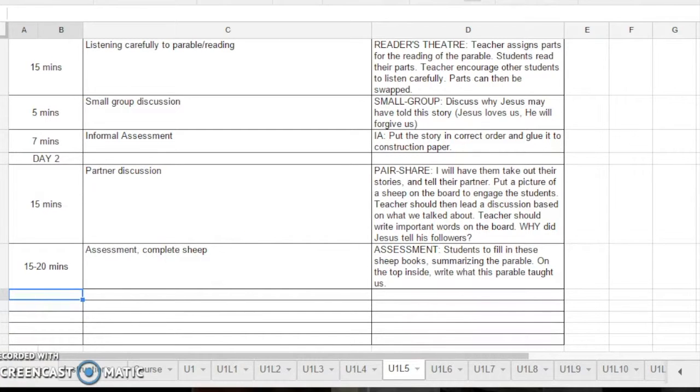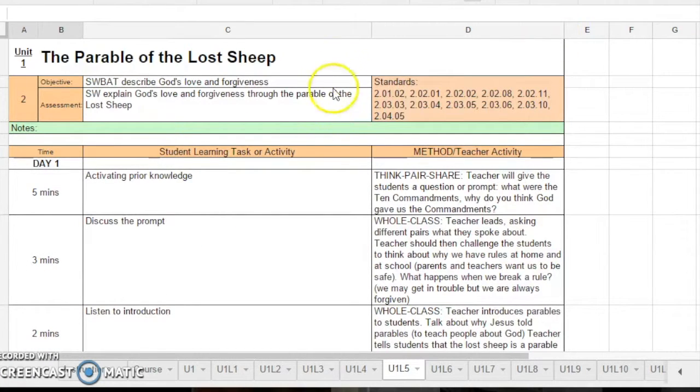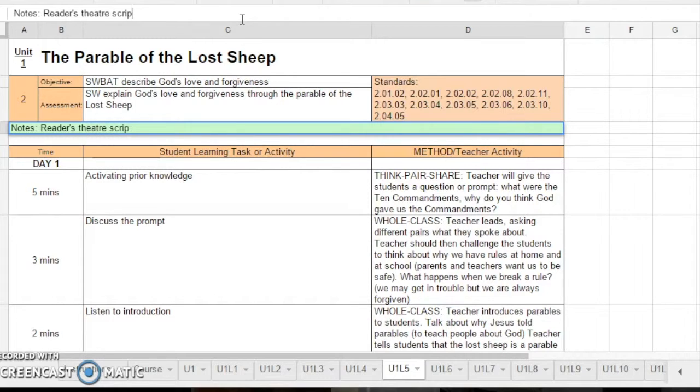So after planning this lesson, I can go back up to my notes and I can write in what I need. So this would be, I need the reader's theater scripts, I need a picture of a sheep, I need the blank sheep flip